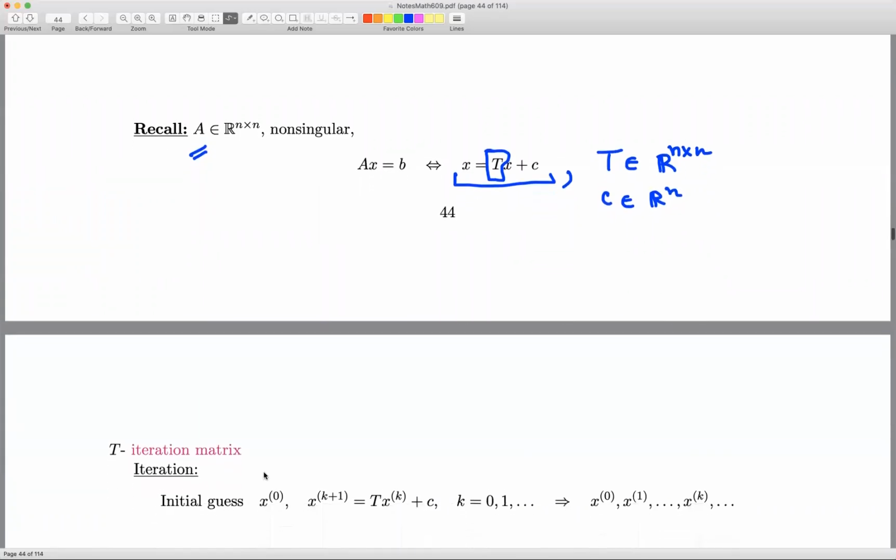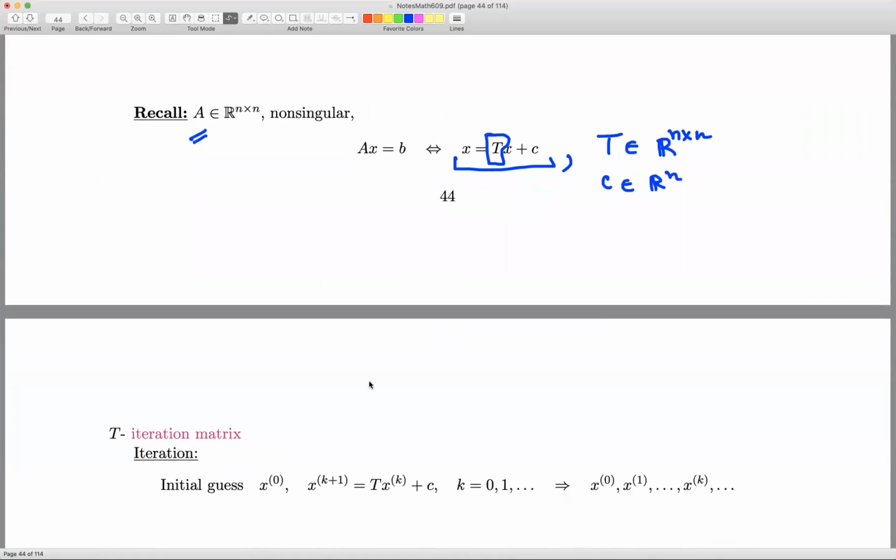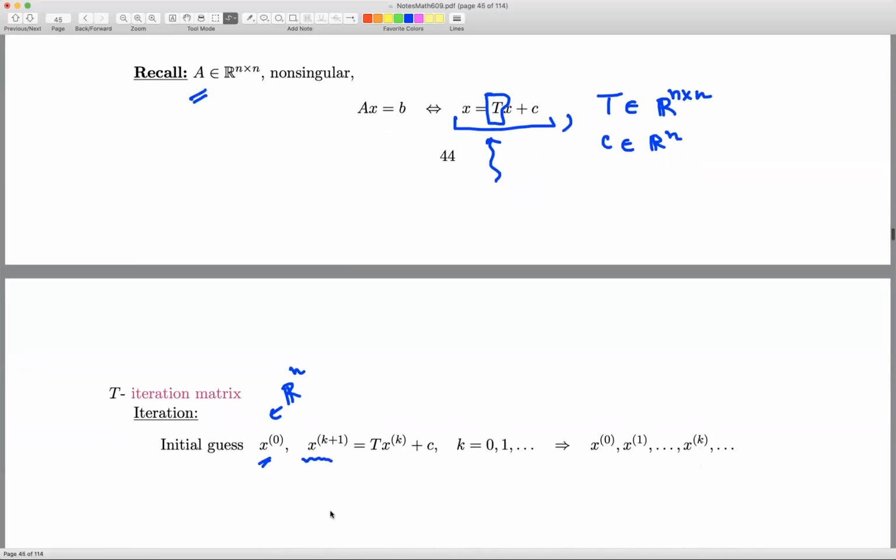And then the method that is governed by the matrix T is the following. We start with an initial guess x0, which is a vector in R^n. So we choose x0, and then what we have is that the vector x_{k+1},